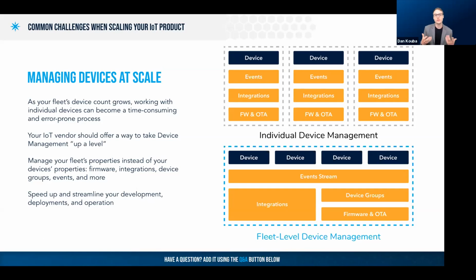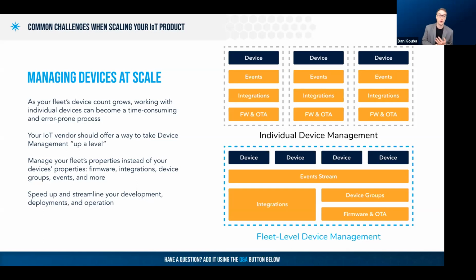You want to think about how to manage these things in one place versus in a number of places equal to the number of your devices. So we like to think of this, and we call our product here Particle Products, and this allows you to manage devices as a fleet. And I've illustrated the way that we think about this in the bottom right here. This is taking all of these different pieces of management and combining this into a high-level abstraction that you're able to manage your events, your integrations, whatever groups of devices and different configurations between that, and then of course your firmware management.